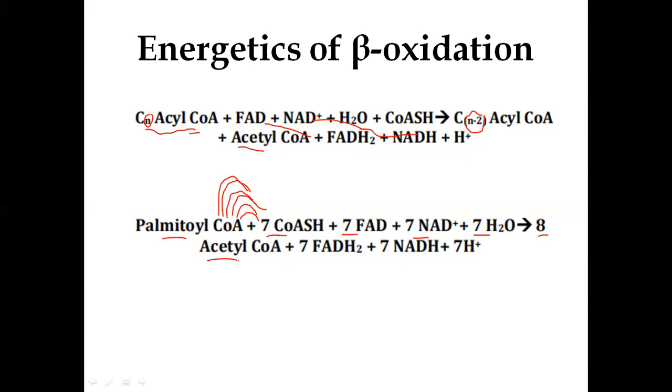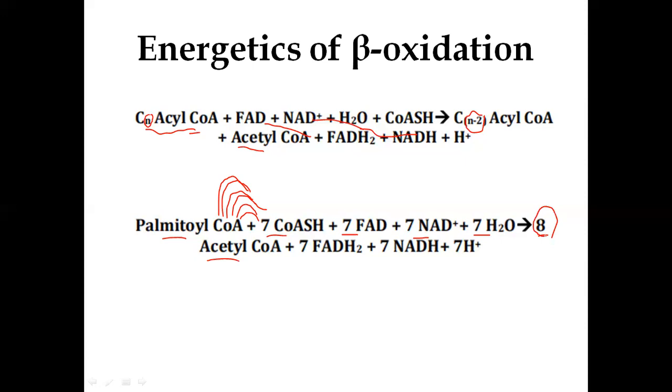You should not get confused. It undergoes 7 times the beta oxidation, so it should release 7 acetyl-CoA? It's not like that. At the 7th beta oxidation, this acyl-CoA will have 4 carbons in its skeleton. When it undergoes the 7th beta oxidation, it releases 2 molecules of acetyl-CoA. So totally you will have 8 molecules of acetyl-CoA.